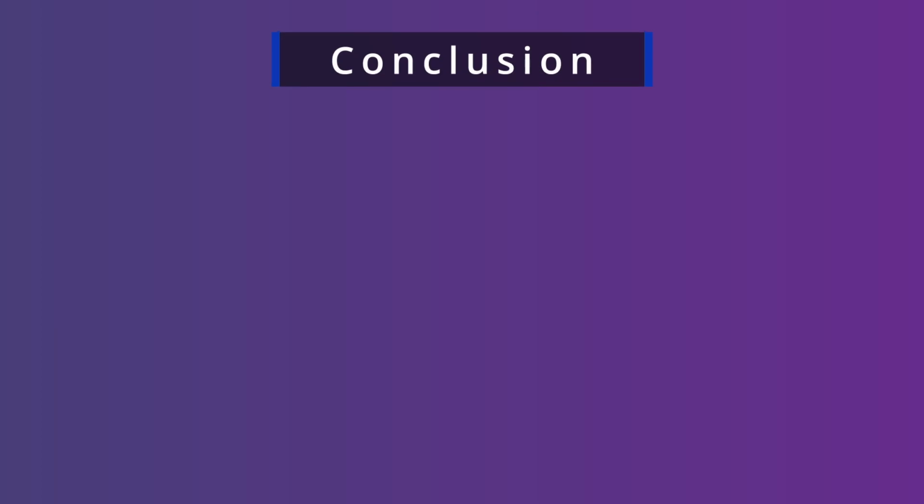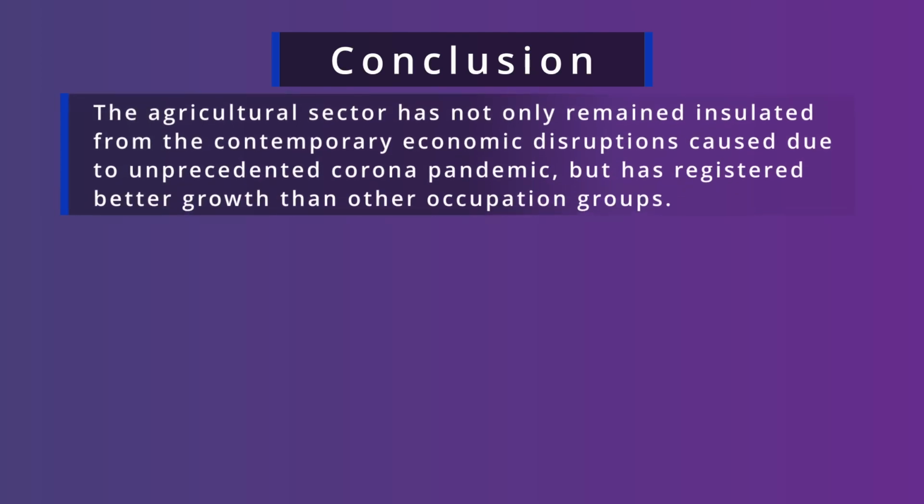Now, to conclude, we can say that we have experienced an unprecedented corona pandemic in recent times, not only in India, but it has affected the global economy in a major way. But agriculture is probably the only sector that has shown a bright spot compared to other sectors of the economy. The agricultural sector was relatively insulated from the crisis, and it also performed better in terms of employment generation, according to the CMIE report, Centre for Monitoring Indian Economy.